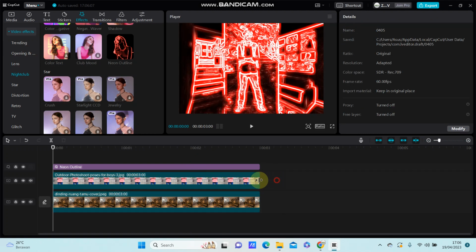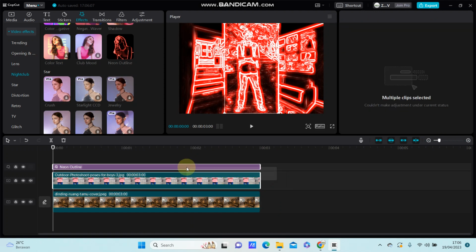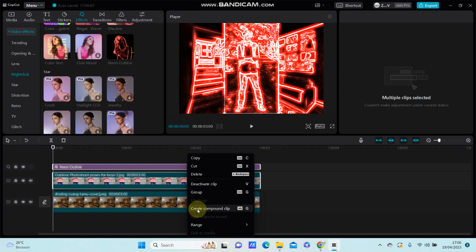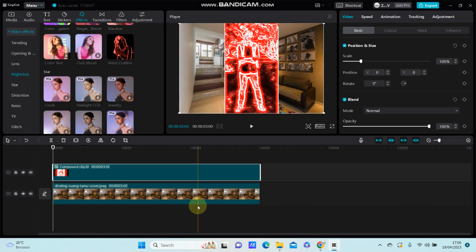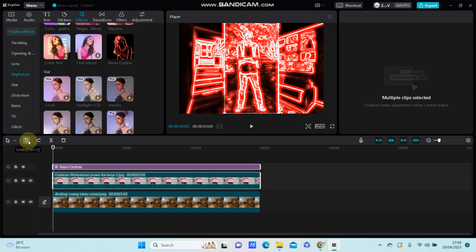Select the overlay and effect, and then right click and select create component clip. Alright, I forgot